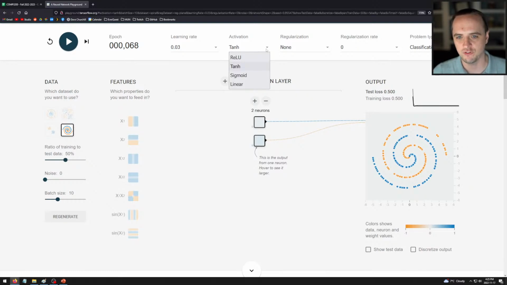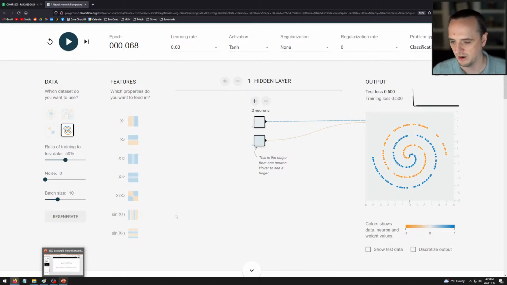You can look at these are the activation functions. Those are all the sigmoid functions we talked about. You can adjust the learning rate. You can talk about whether this is classification or regression, et cetera, et cetera. All right, so play around with this, and understand what I have said so far. Get to that point where you're understanding that.